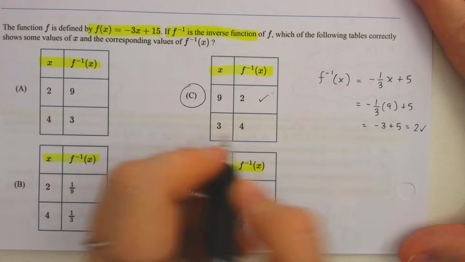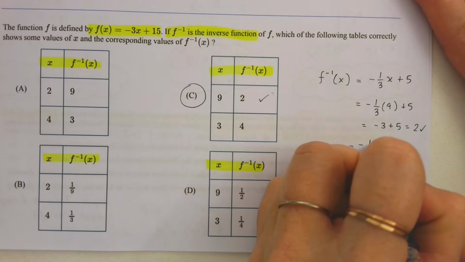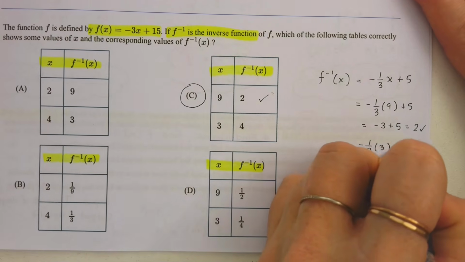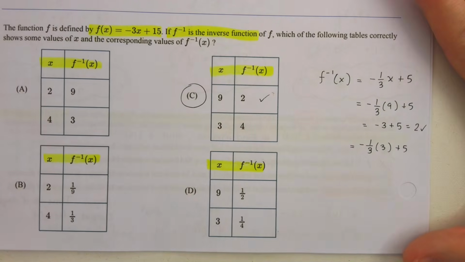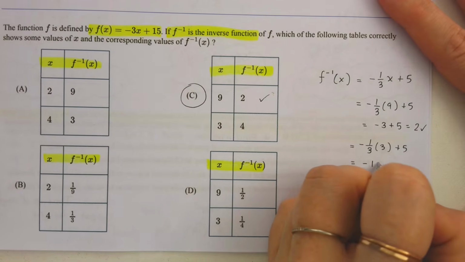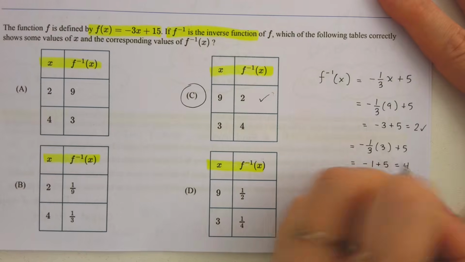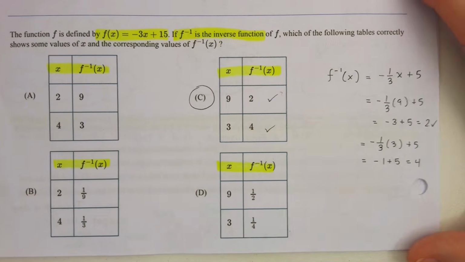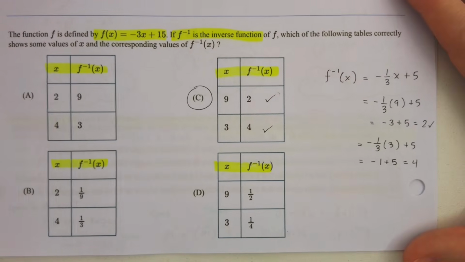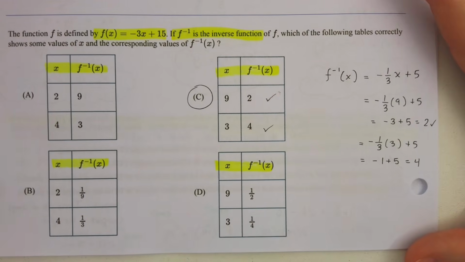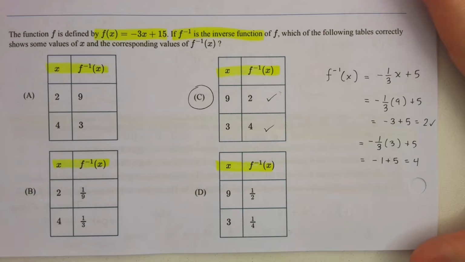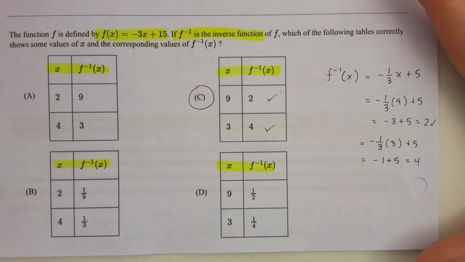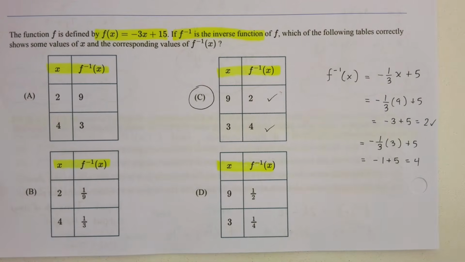And then I checked this one also. If I plug in 3, negative 1/3 times 3 plus 5. That would become negative 1 plus 5, which is 4. So it does work for both of those points. The harder way to do this question, I saw a lot of people, or not this year, but in previous years, I've seen people try and write the equation from the points and then check if that equation is the inverse of the first equation. That's a harder way to do it. Okay,